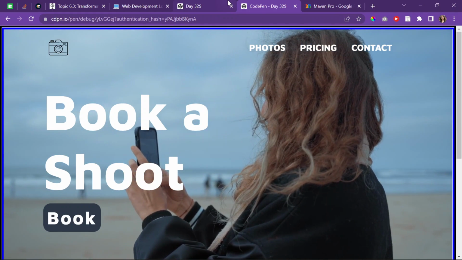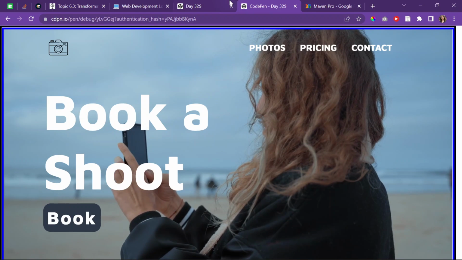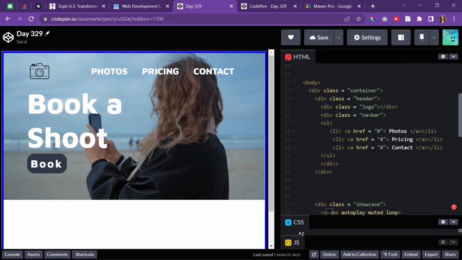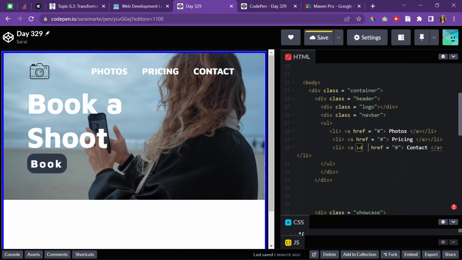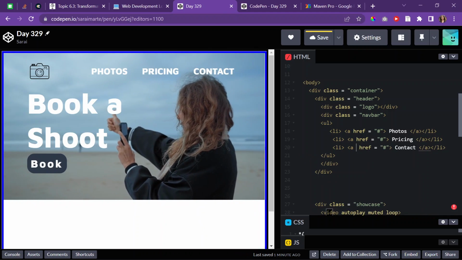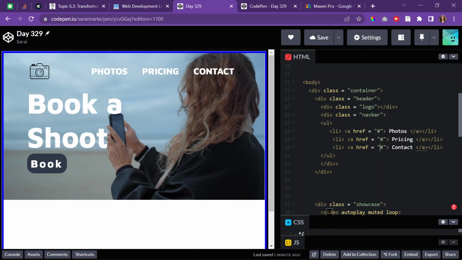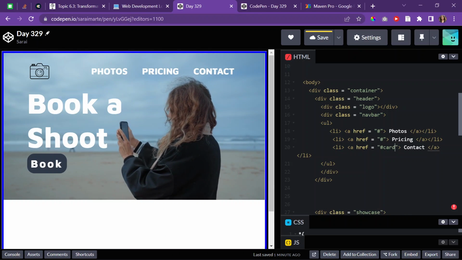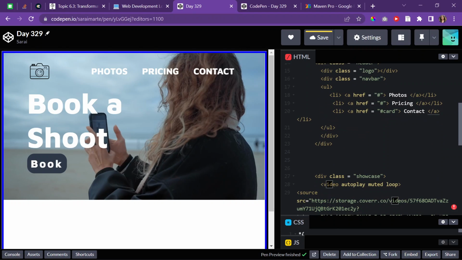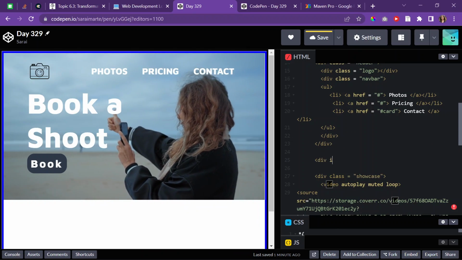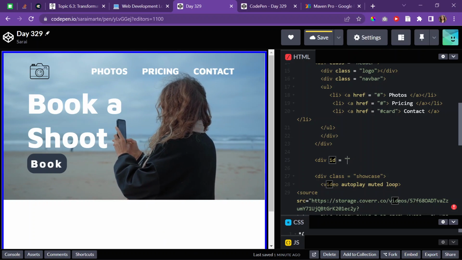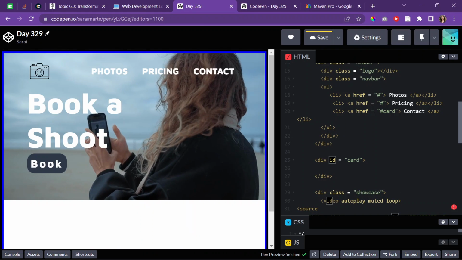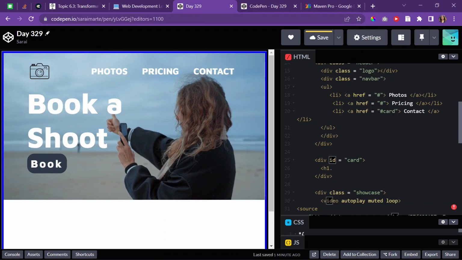What was I doing? Oh, the modal. You know, the whole purpose of this, yeah, okay. So I'll go to the contact and I'll give this an ID of card. So I'll make a card, right? I'll make a card, give it an ID of card, right? And the card is gonna look something like, it's gonna have an H1 and it's gonna have like